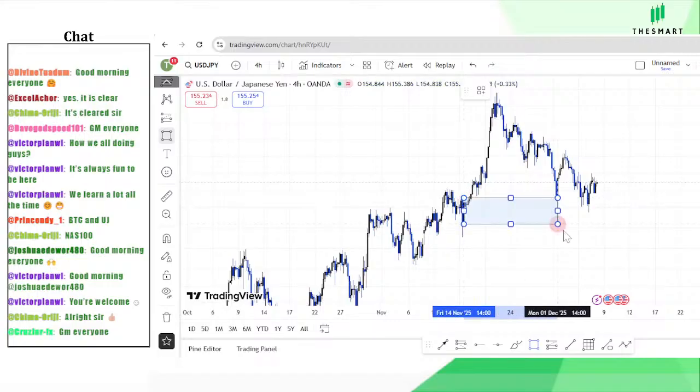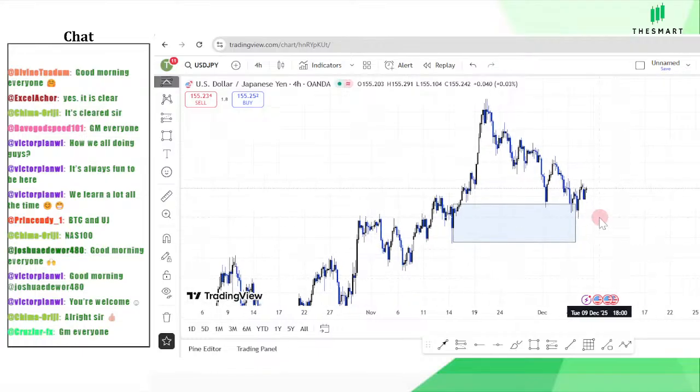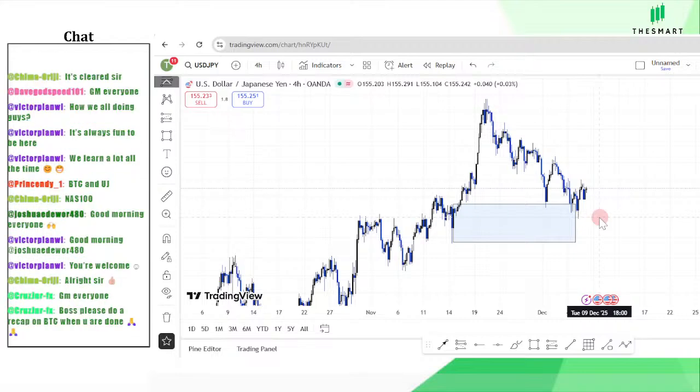I'm seeing this 4 hours level, and price has already tapped into the 4 hours. Okay, I'm not going to do it. I'm just going to show you the BTC chart. So I'm seeing this 4 hours level, and we can see price has tapped into this 4 hours level,